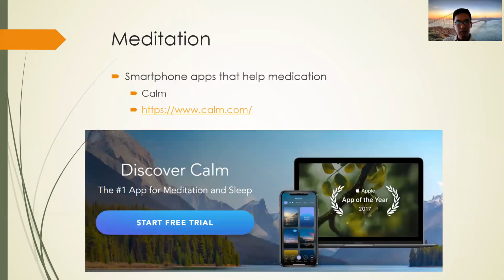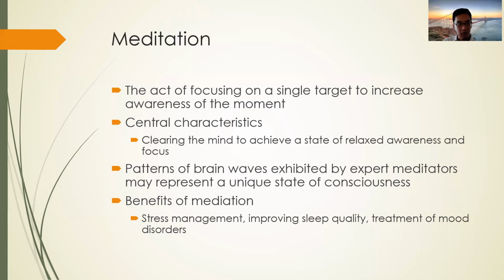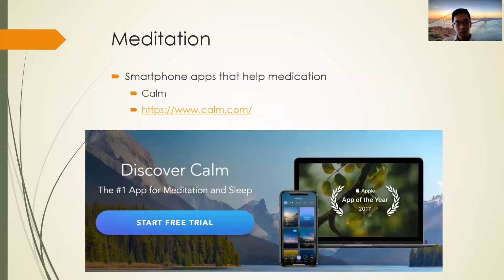And also I have a recommendation of a certain app. The question is, if meditation is very good, how do we do meditation? There is an app you can download onto your smartphone. That app is called Calm. You can go to www.calm.com and download that app.